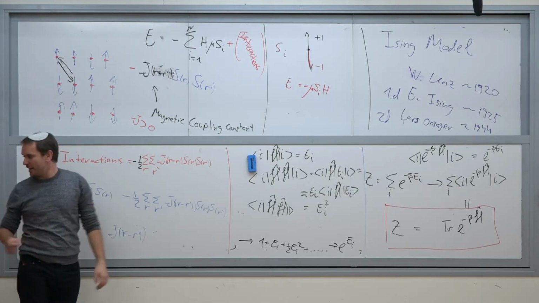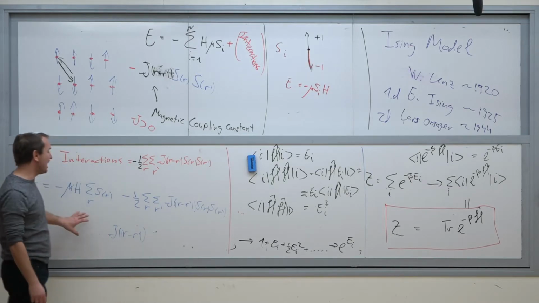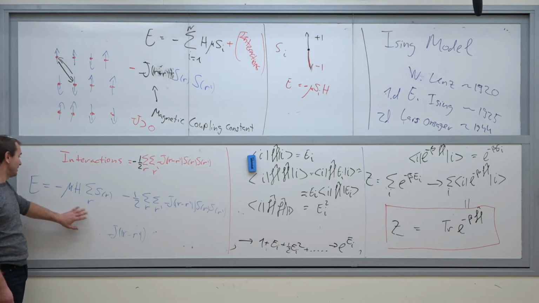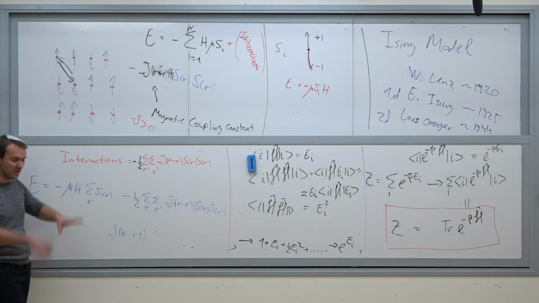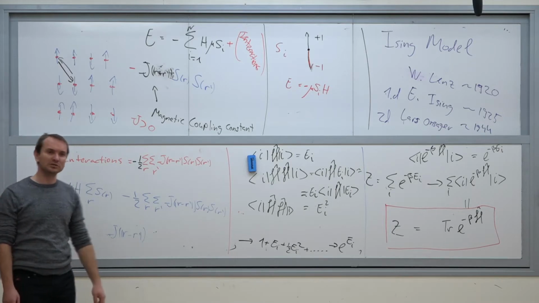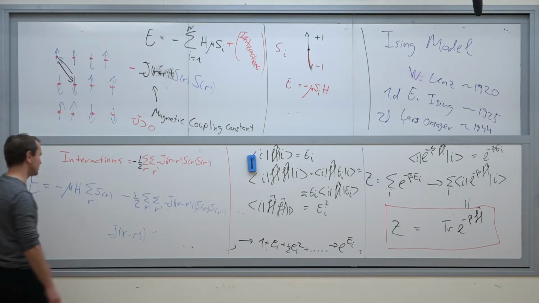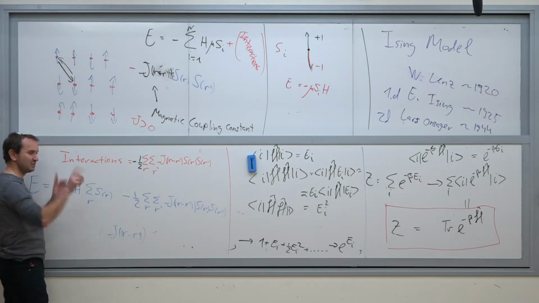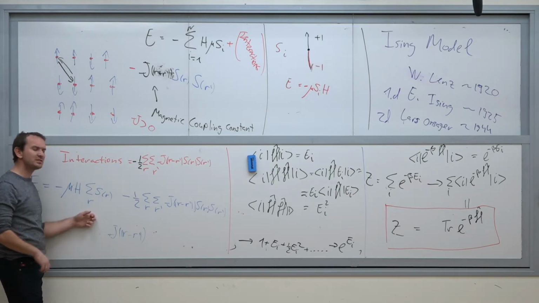In the next lesson, we will see how exactly we are going to do this. There are some approximation techniques, and we'll try to use them in order to obtain, at least qualitatively, what is happening with a system whose energy is defined like this. And this is for us the Ising model. There are some generalizations of this model, like the Potts model and the Heisenberg model, etc., but it catches a lot of physics already. You haven't done almost anything, spins interacting, etc., but this is actually very